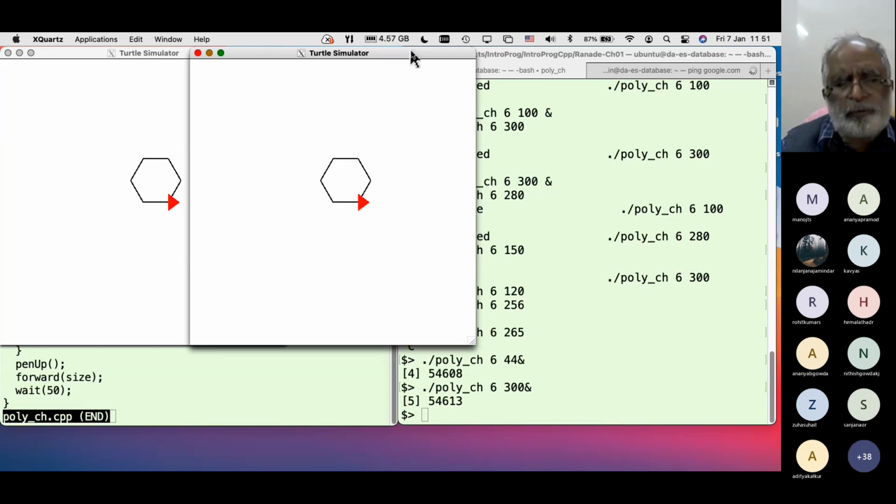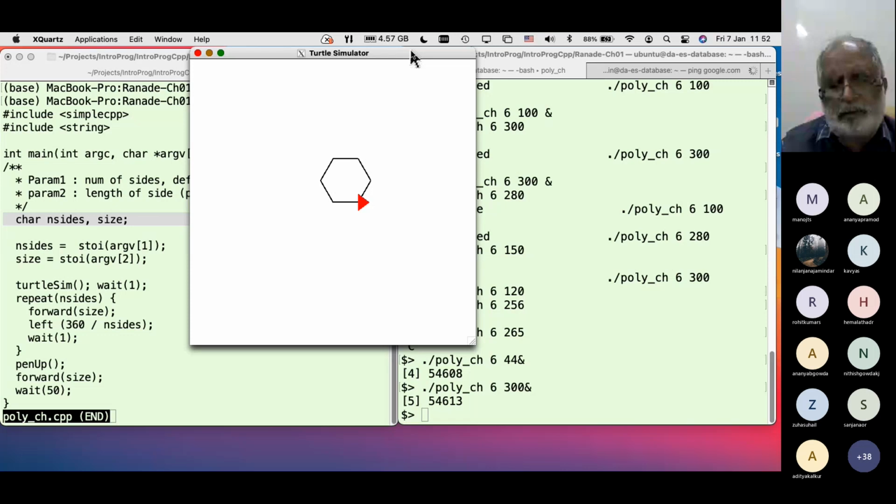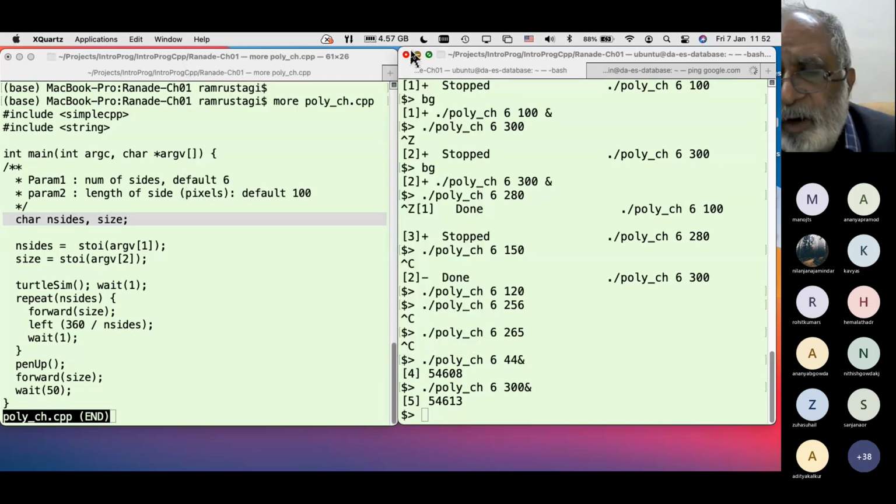If I know that my value will not exceed 255, I can use a char. If the value can exceed 255 but is less than 65,000, then I'll use a short. For longer values, up to 2 raised to power 32, which is about 4 billion, I can probably use an int. And even longer, I can use a long. Any doubts about this part before I move on to the next part?